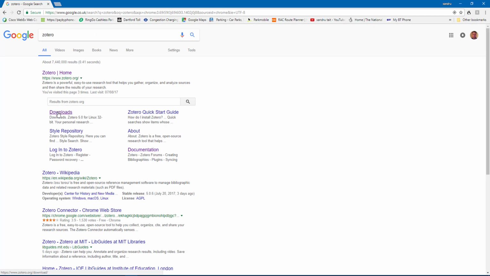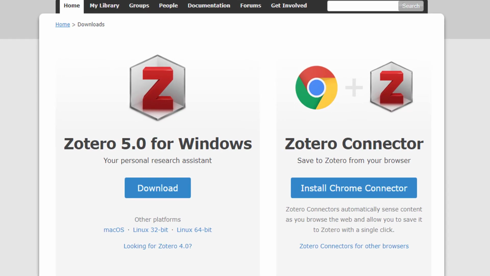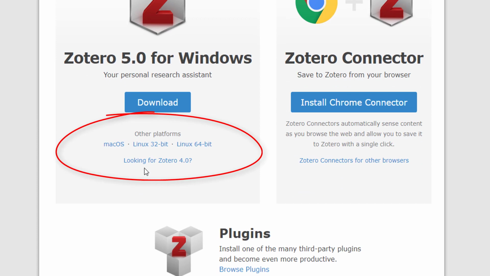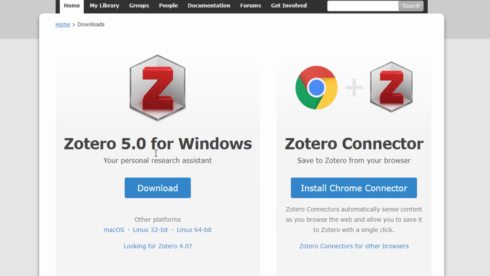and select Downloads. Now before you start, choose what you want, because you've got Zotero, the latest 5 for Windows. Underneath you've got Zotero 4. Also you can download it for Mac, Linux 32 and 64-bit. So I want the Zotero 5 for Windows, so I'm going to left click it and it will start downloading